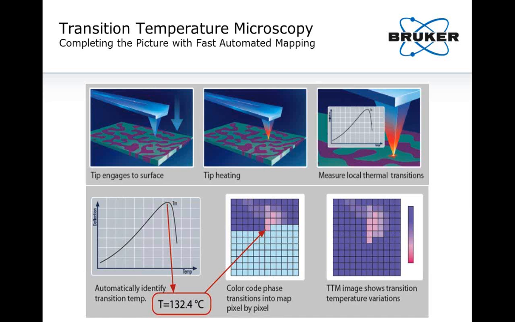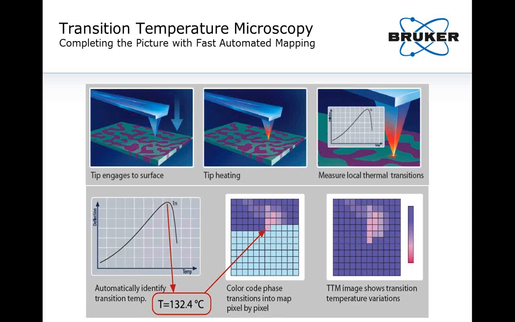And that's essentially what transition temperature microscopy provides. Within transition temperature microscopy, the individual measurements are nanothermal analysis measurements, as you saw in the previous section of the presentation. They are performed, though, very fast, fully automated with automated endpoint detection. Previous to these measurements, a whole array of measurement locations is defined, and then with a single click, the execution is started,